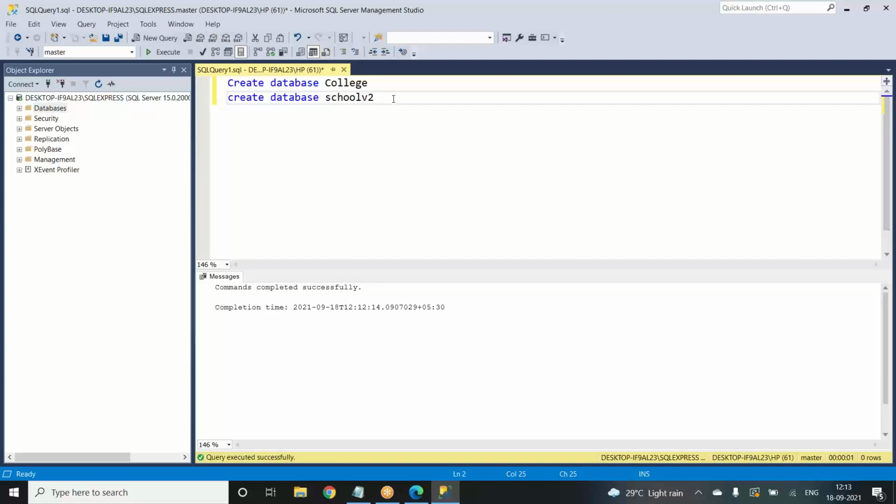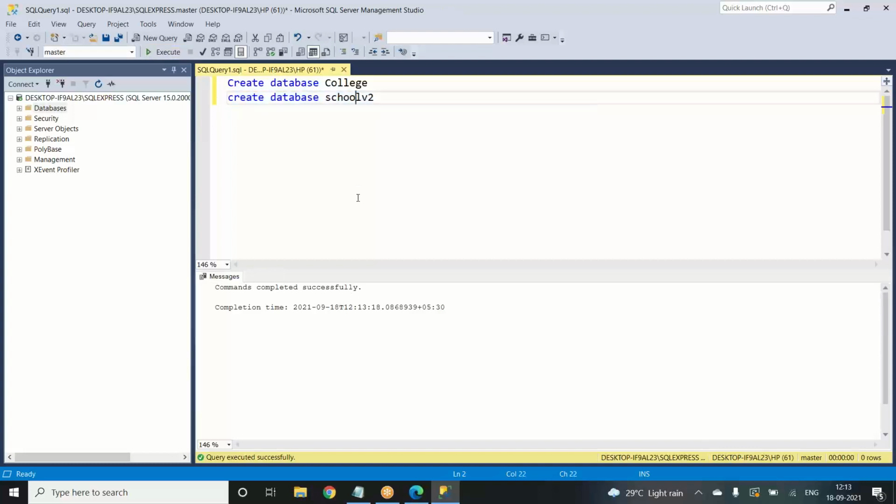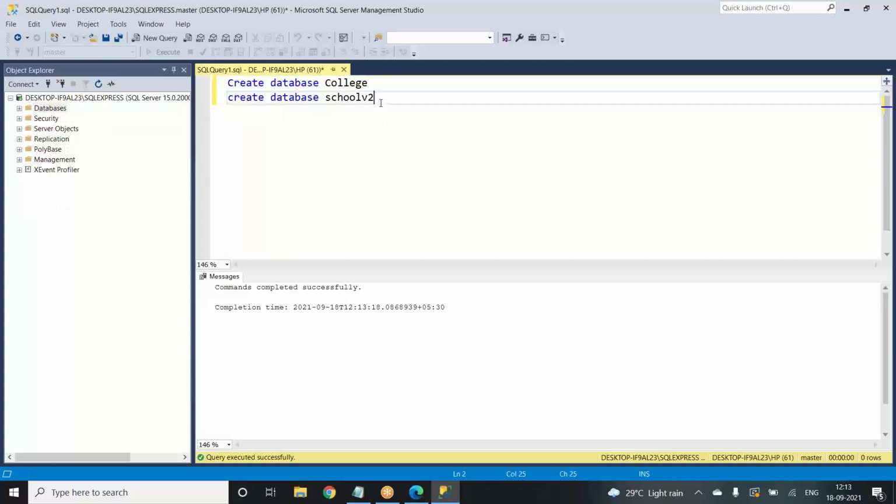So what you can do is select just the code that you want to execute. I selected it, and now you can click on execute. The command is again completed successfully. You can refresh this, and you can see that we have another one created.